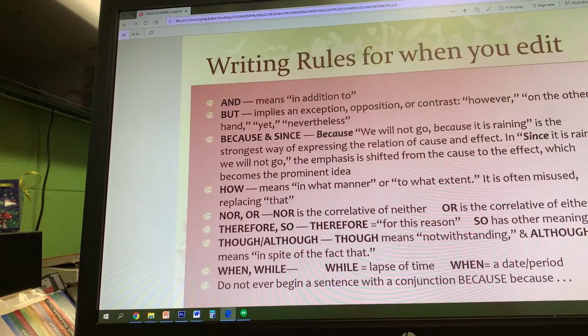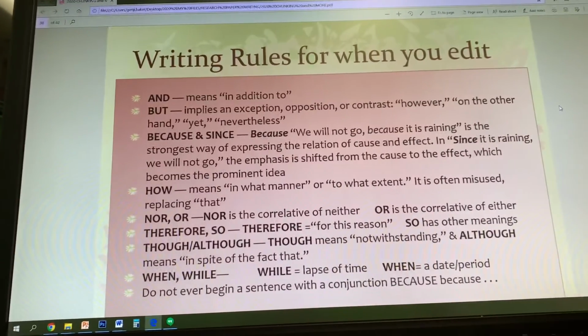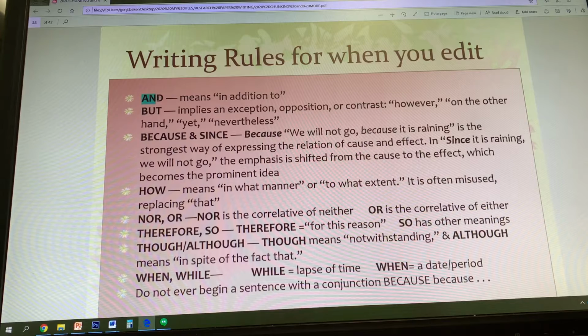to writing. I know this seems elementary, but we have to remember that we cannot begin a sentence with anything that means there's something on the other side of it. Anytime you have and, or but, or, what are those again? Anybody remember? Noun, pronoun, adjective, verb, adverb, preposition, conjunctions. There we go. So conjunctions, you'd never, ever begin a sentence with a conjunction because it means in addition to,